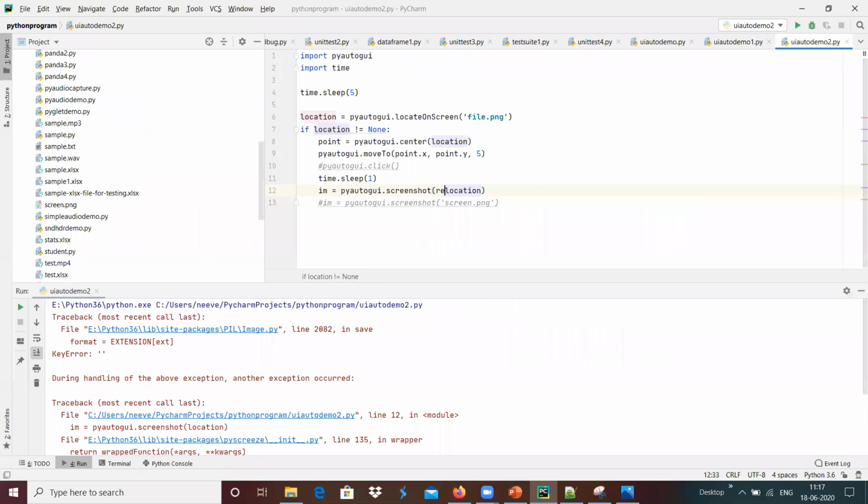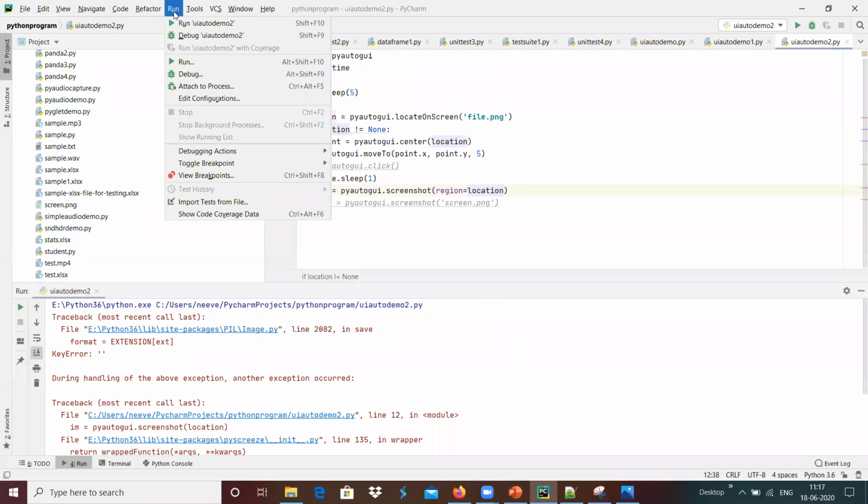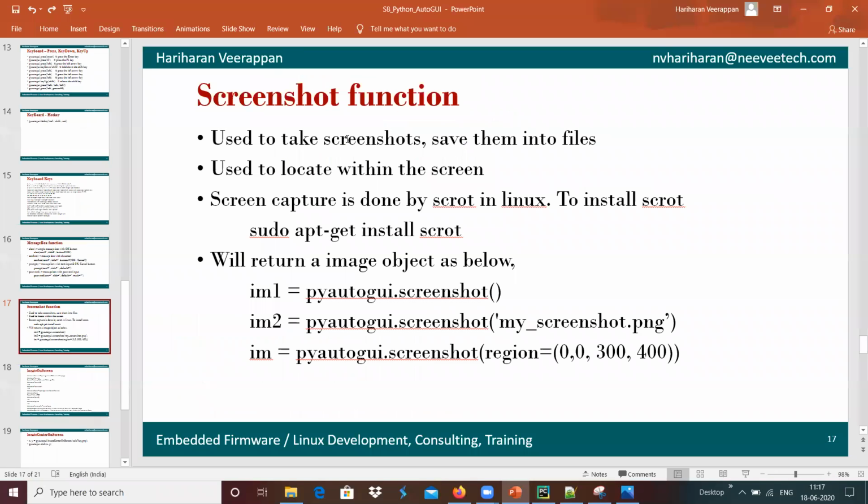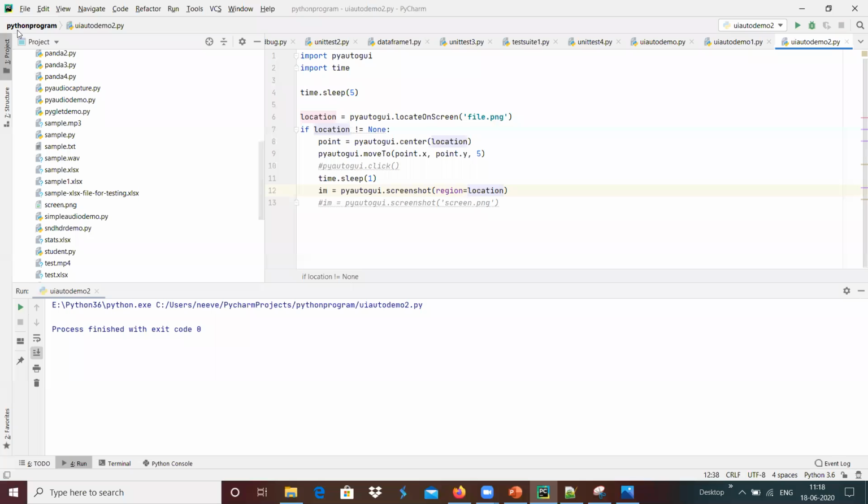Maybe I'm going to give region equals location, and now we will see. It's started moving to that location, and we are going to test with the screenshot of that location, and we got the output over here.